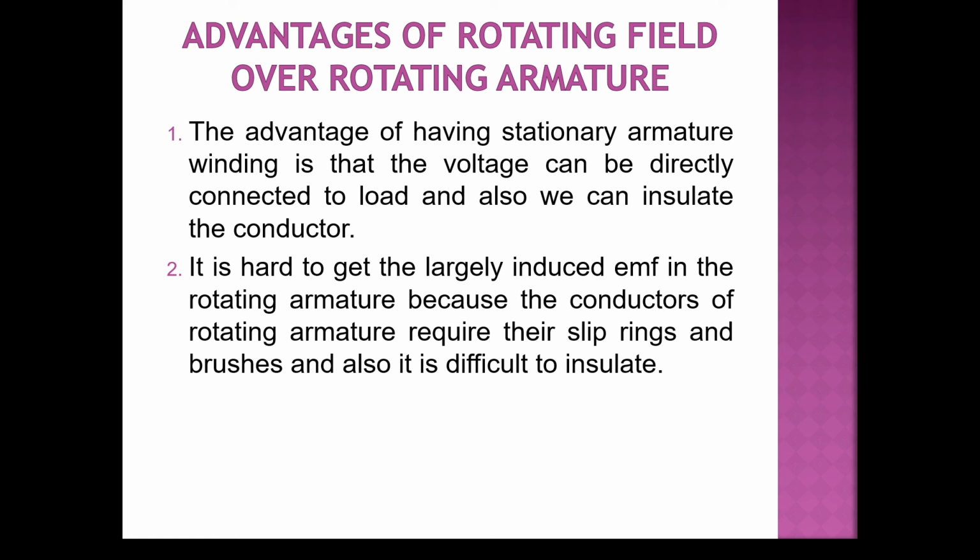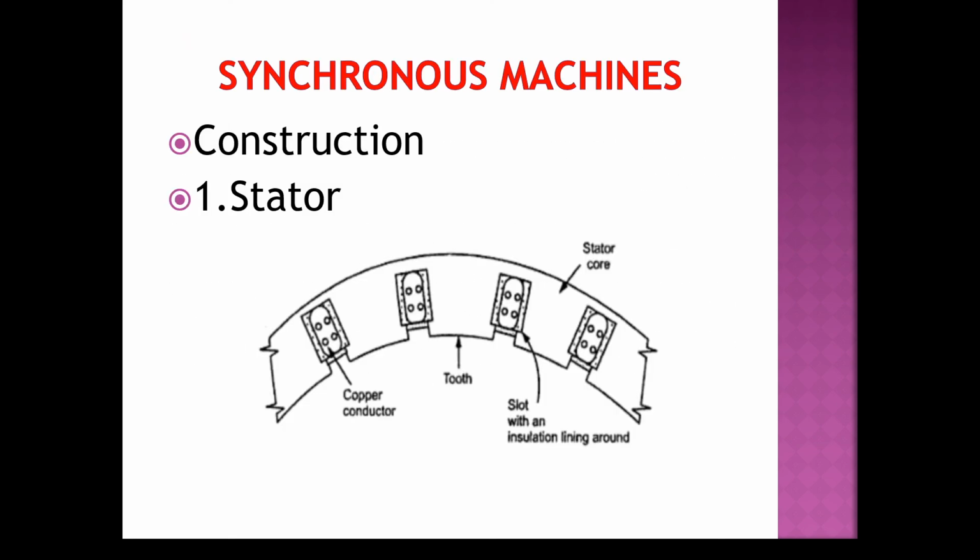There are certain advantages also for a rotating field over a rotating armature. We have discussed this. Then we have seen the construction of a synchronous machine. It consists of a stator and a rotor. The stator will have slots on its periphery inside which conductors will be placed. The core is laminated to keep the iron losses to a minimum, that is, eddy current losses will be minimum if you laminate the core, and it is made of steel to minimize